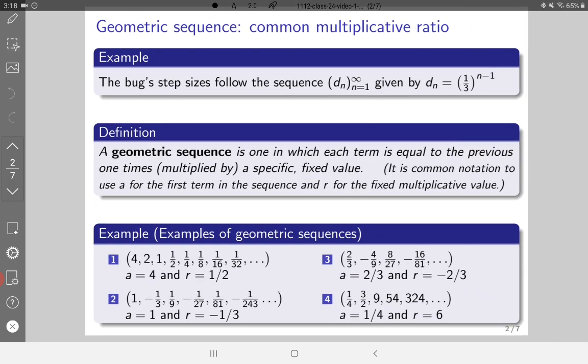So here's what we've discovered. The bug's step sizes follow this sequence, 1/3 to the power n minus 1. And you can see my little notation here to write a sequence. I'm just reminding the reader, you, that I have a sequence. I'm calling it d for distance, the step size. Its index is n, so when I see that n down there, that's the n that's happening in the formula